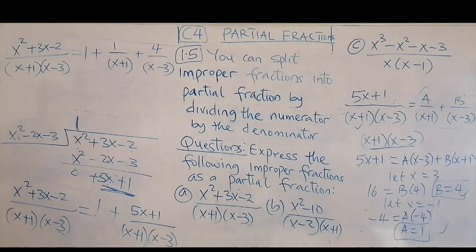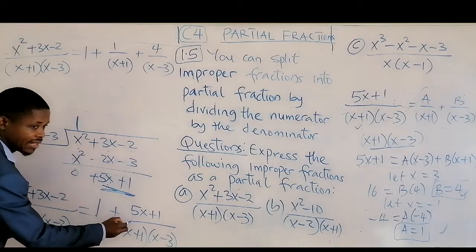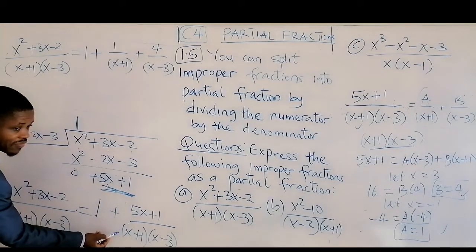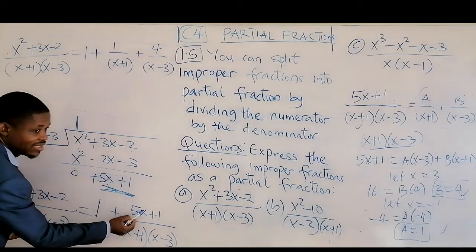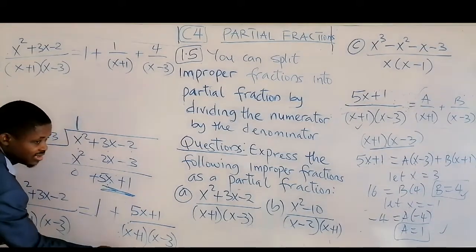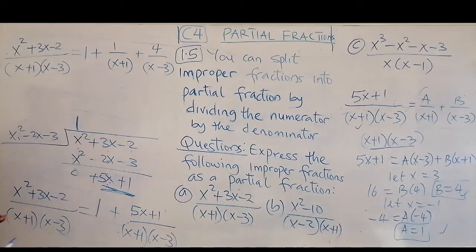At the beginning of the lecture, I said when you have your improper fraction, you use a long division, and the moment you use your long division, you're going to have a number and what? An improper fraction. And you can see this is a proper fraction. What is the meaning of a proper fraction? The degree of the numerator is less than that of the denominator. And in that case, you just solve the proper fractions. And that's that on this question.